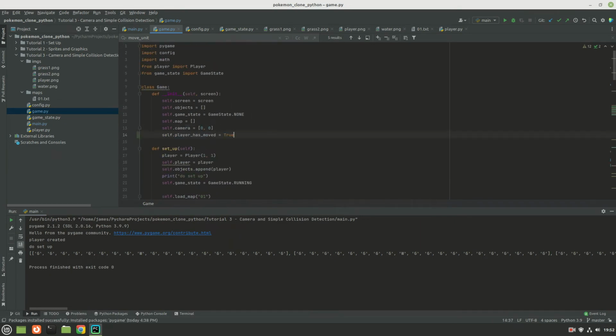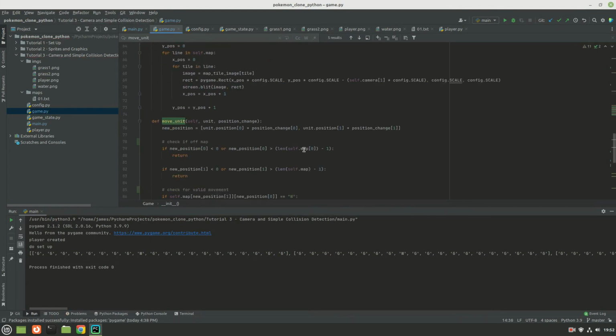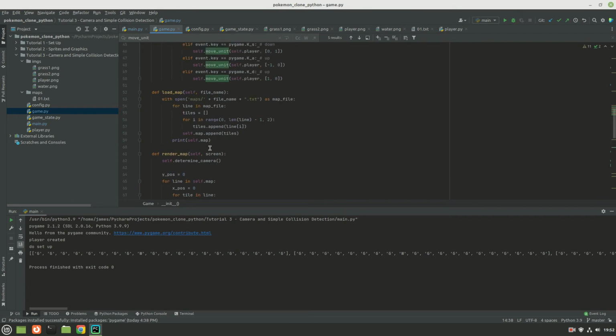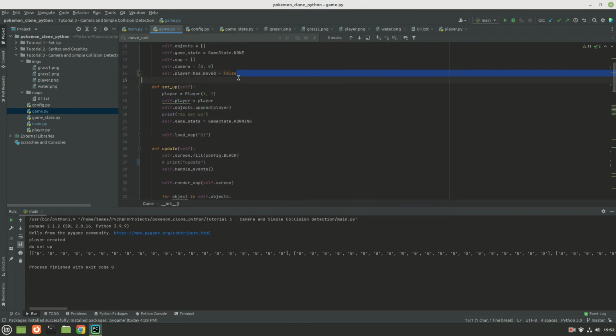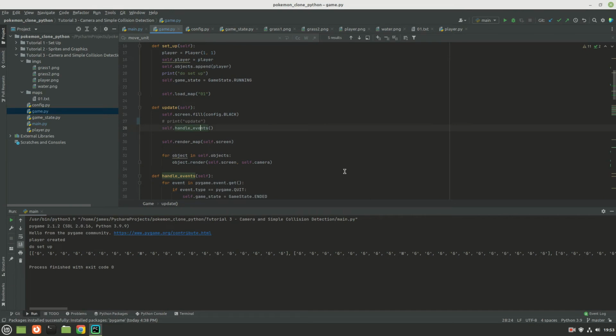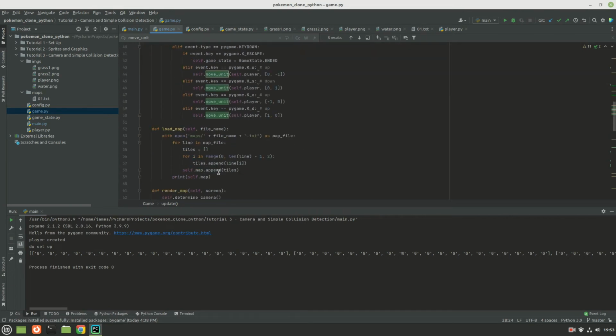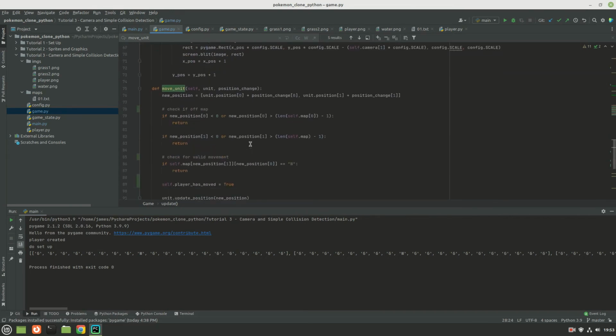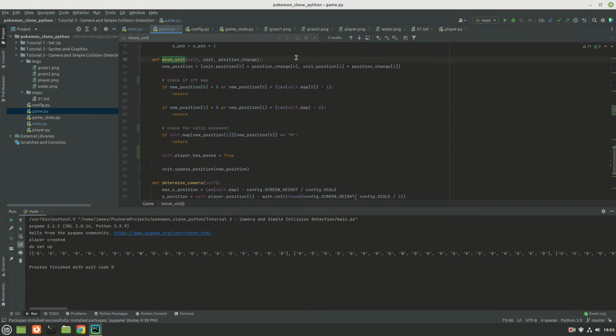We're going to instantiate that with it being false, and every update we want that to go back to false as well, because if we don't set to false, then the first time he moves it will always be true. So where would be the best place for that? Probably we'll just set it here.